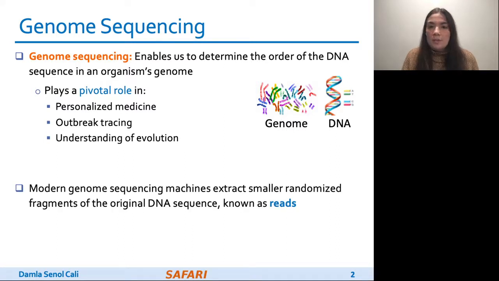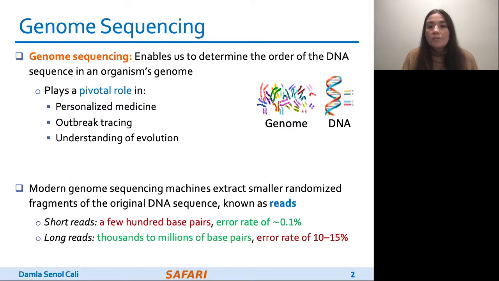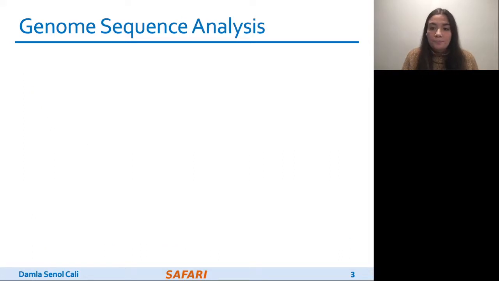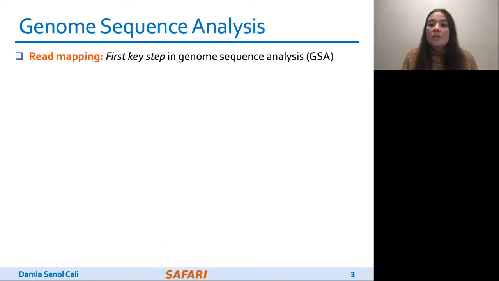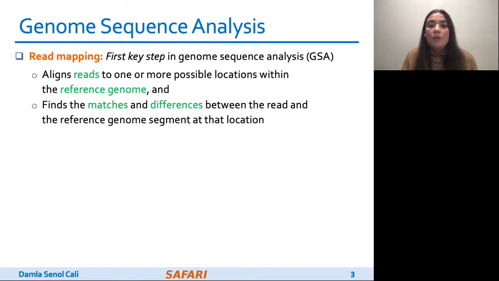Modern genome sequencing machines extract small randomized fragments of the original DNA sequence, which we call reads. State-of-the-art sequencing machines produce either short reads or long reads. Read mapping is the first key step in genome sequence analysis, where we align each read to one or more possible locations within the reference genome and find the matches and differences between the read and the reference genome segment